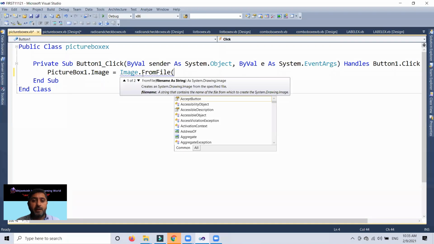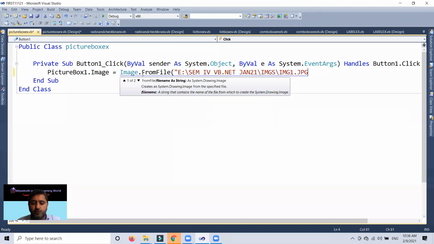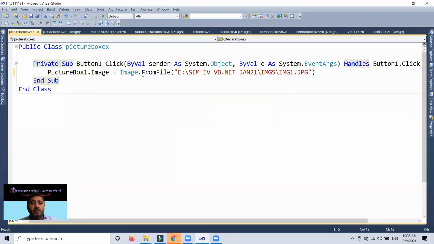So I give the bracket, and it asks for the file name as a string, meaning inside inverted commas. I paste the path, then after that I provide the name of the image, img1.jpg, that you know very well, and the code is closed. So please understand, PictureBox1.Image is a property.